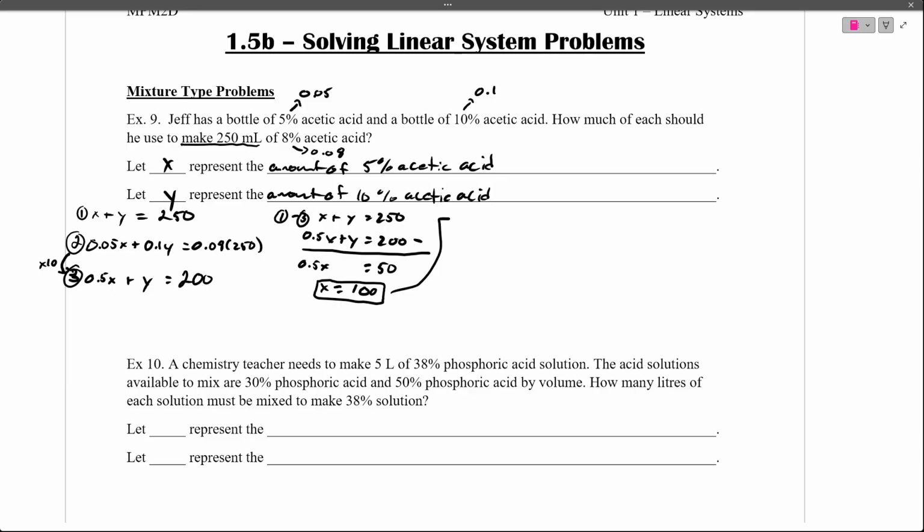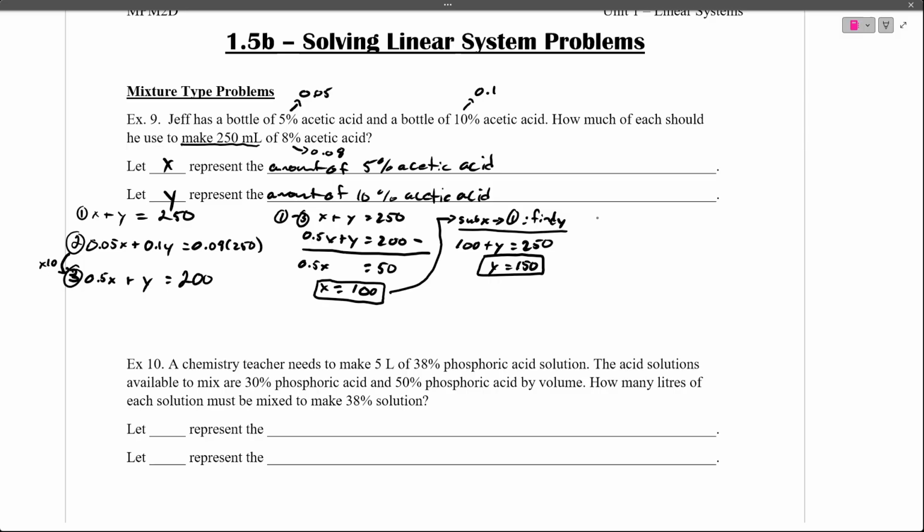So let's substitute this guy back in. Sub x into choose an equation. In this case, equation 1, again, is the easiest. And we're going to try and find y. It should be nice and straightforward. So we end up with x, which is just 100, 100 plus y is equal to 250. Now when we bring the 100 to the other side, we end up with y is equal to 150, which